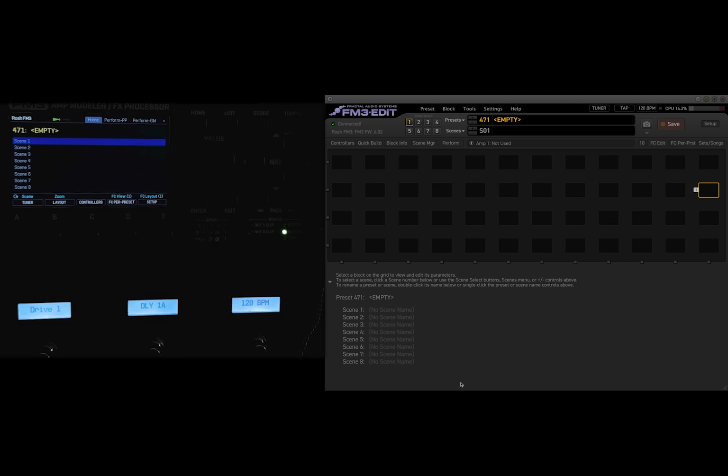So I wanted to go over a really great way to be able to adjust your presets on the fly live using a couple of steps. So let's call this live performance pages. So let's build a basic preset, and let's assume that we're playing a gig